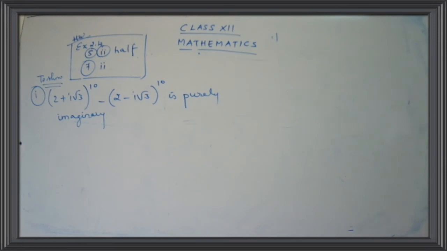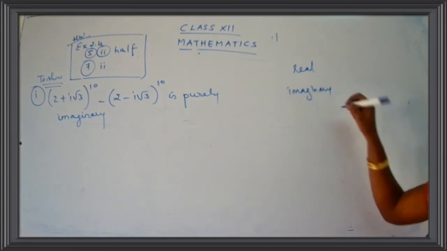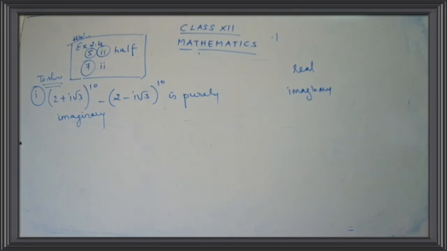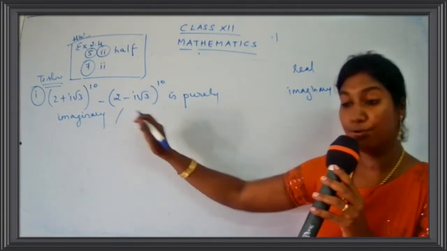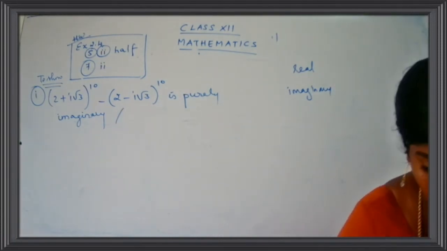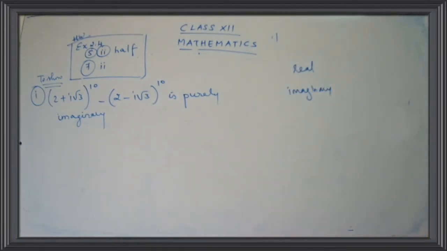So be careful. Now the question is, you have been given a complex number and they're asking you to check whether it is purely imaginary. Or they may ask you to check whether it is purely real. It can be a real number or an imaginary number. And they may change the question: instead of imaginary they may ask you real. So that comes under the application questions. You may have an application question for 2 marks or 3 marks. So be careful with the statement, children.